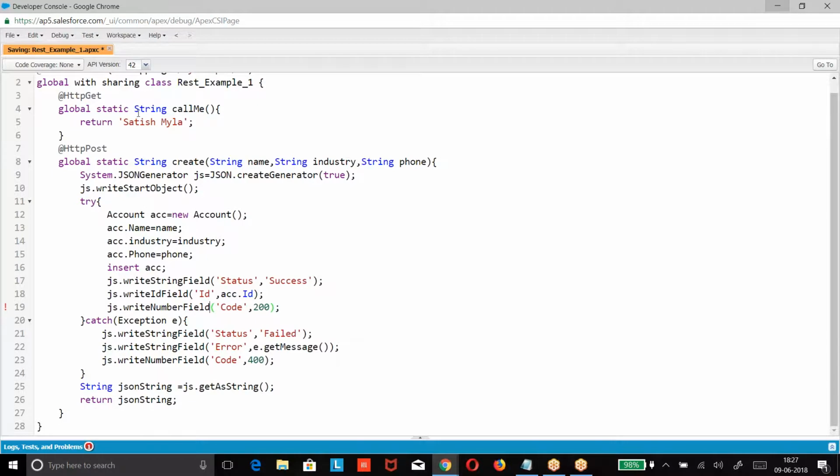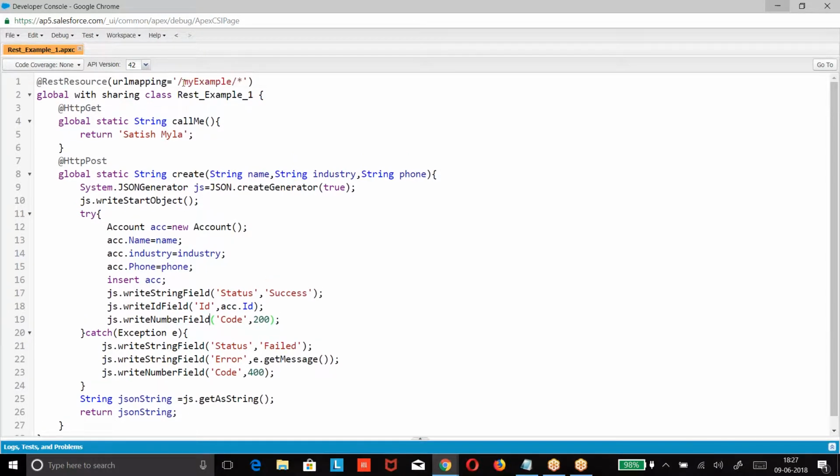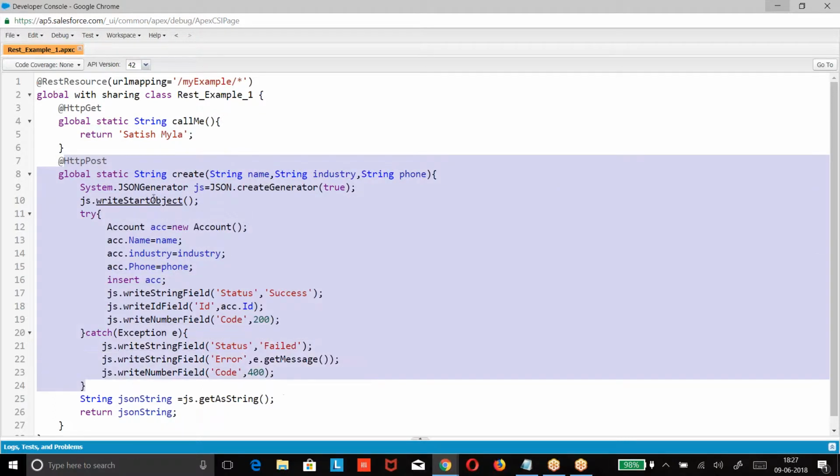So what was that? Boss, to this URL, if you make a get request, this method will be called. To this URL, if you make a post request, this method will be called. Now you decide what you want to perform. So to the end user, I'll give this URL and the documentation. This is the URL. This is the parameter you have to pass. This is the URL. Method is post. This is the data you are supposed to pass. According to my documentation, you will understand and make a request to me.